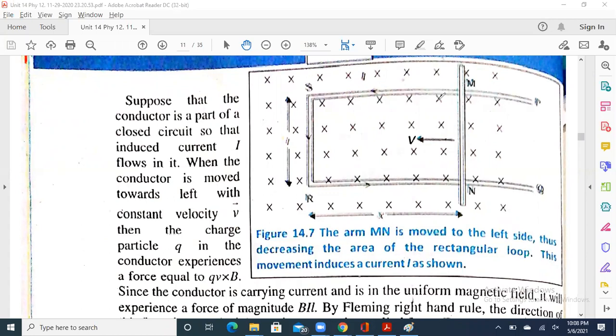So static EMF is when there is a changing magnetic field in a closed conductor. You should say changing magnetic field. Or a better wording is varying magnetic field. And when a conductor is moved in a magnetic field, it generates induced EMF, dynamic EMF.